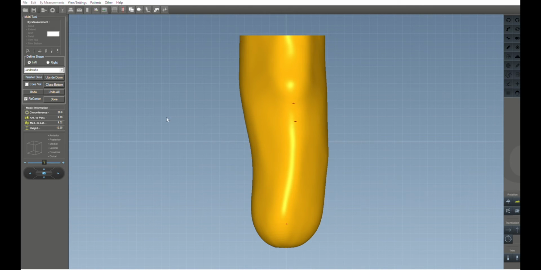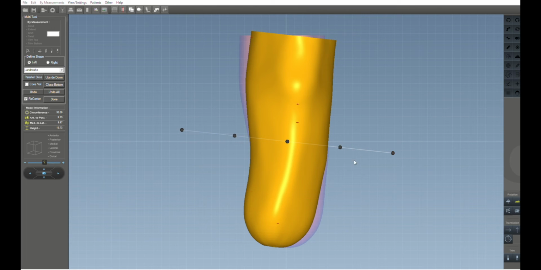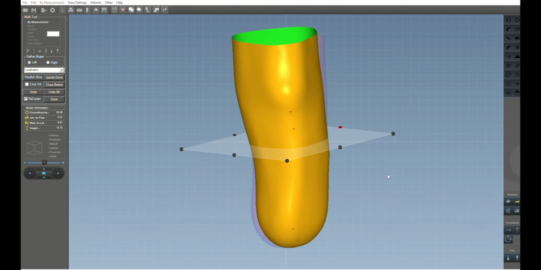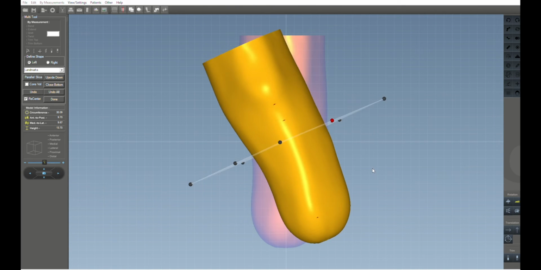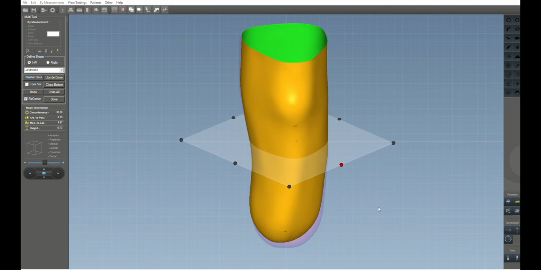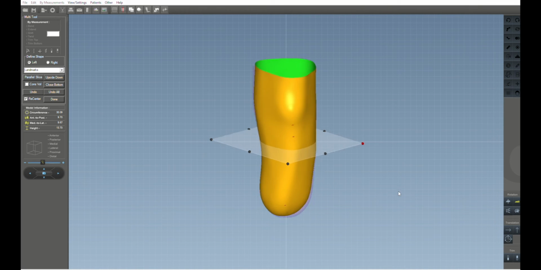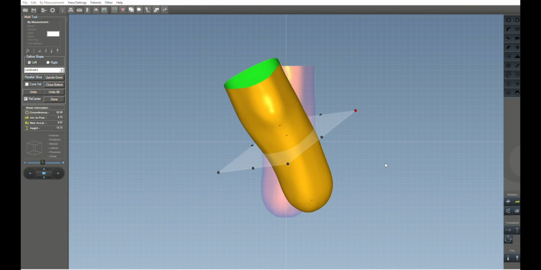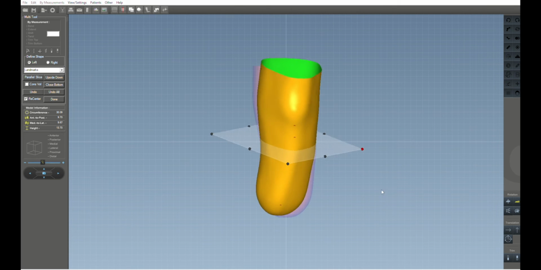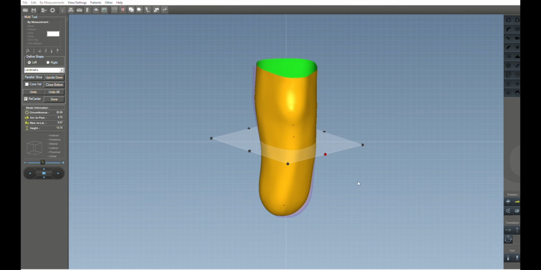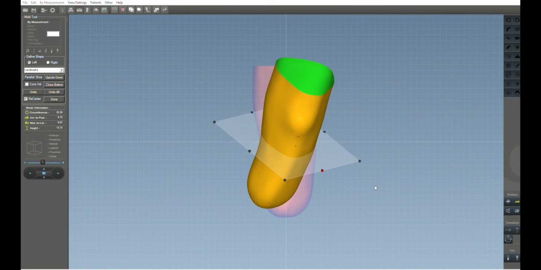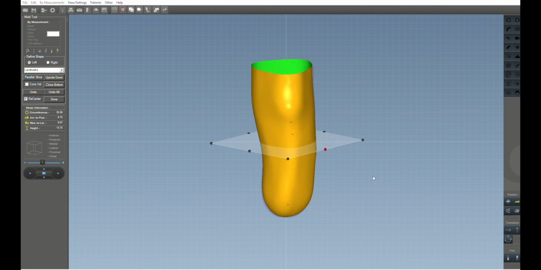If I select a point on the plane and I select the action, I can do one level of alignment. If I select a separate point, I can then do action in two planes at once. Selecting the single plane now gives us adjustment in just, basically, you're looking at the ML plane. And if I select the point in the middle of the plane, it's making a change in two of the planes at the same time. If I select the front one,